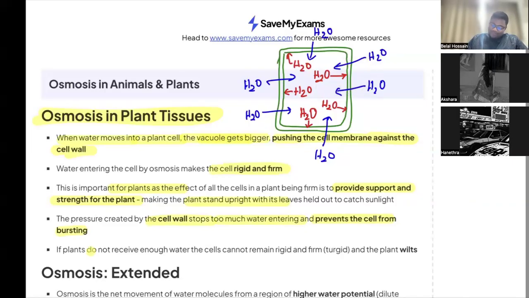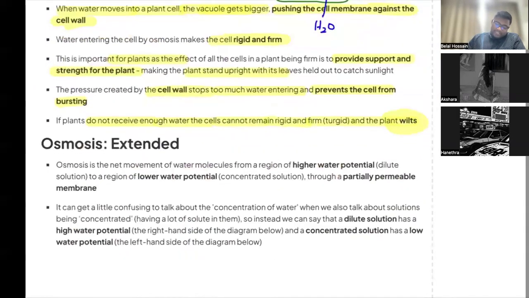So if plants do not receive enough water, the cells cannot remain rigid and firm, and the plant wilts. Even if a large plant does not visibly wilt, at least you will see the leaves fall, like it's almost dying. Okay, so in the extended portion, we need to know osmosis is the net movement of water